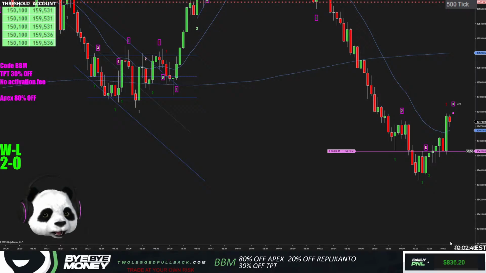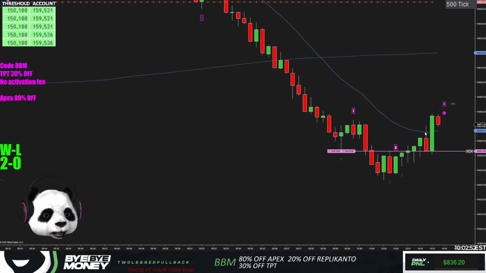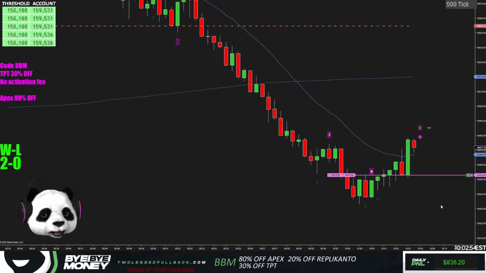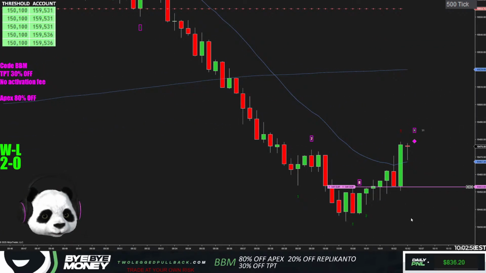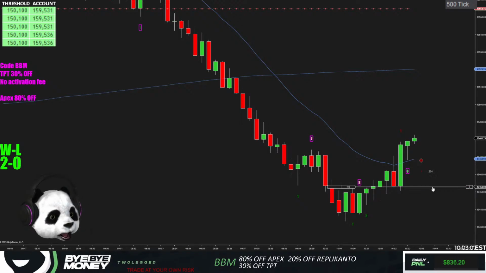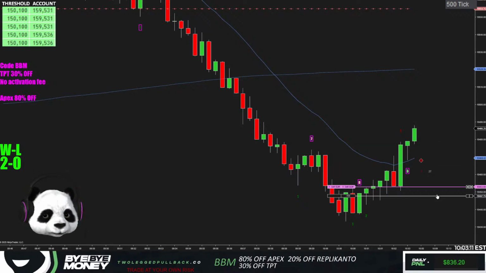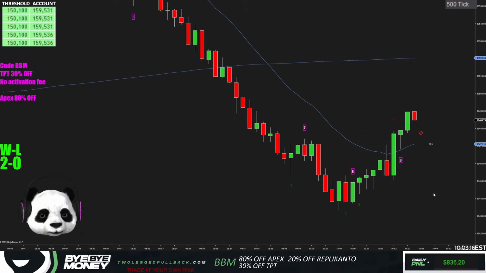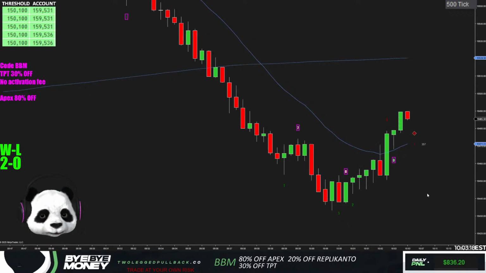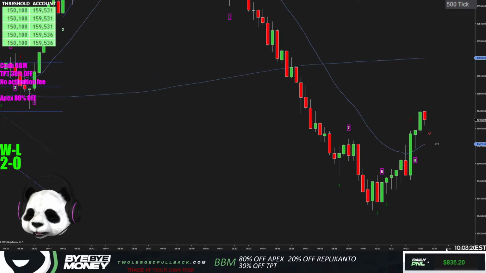Wow, that's pretty terrible, right? Beautiful signal bar coming off the 20 MA. Super strong downtrend. It gives you a strong bull bar like that. That's sick. I'm glad I missed it because I would have lost that trade. But jeez, how absolutely tricky can you get? That's wild. Feels like it just short works. Jeez.